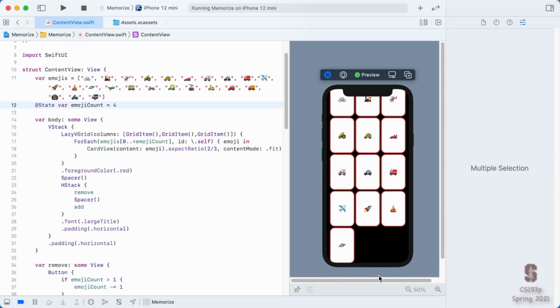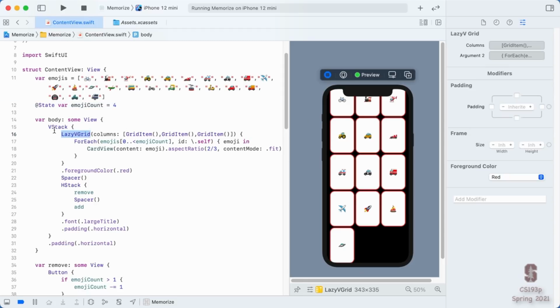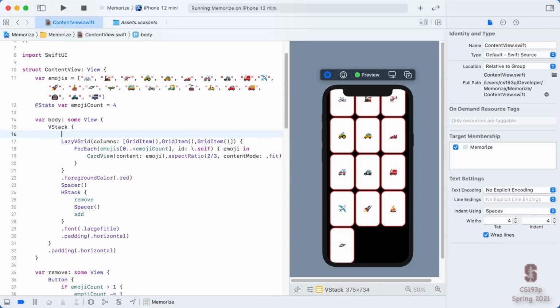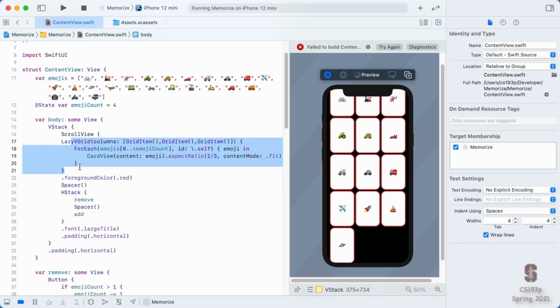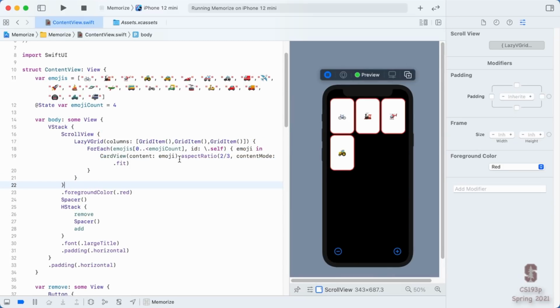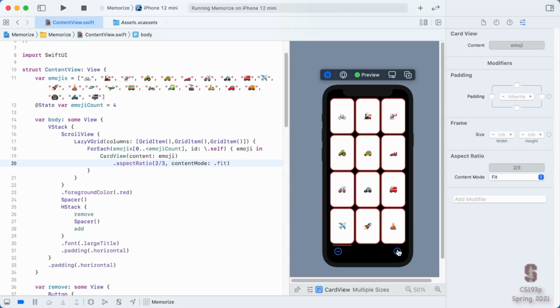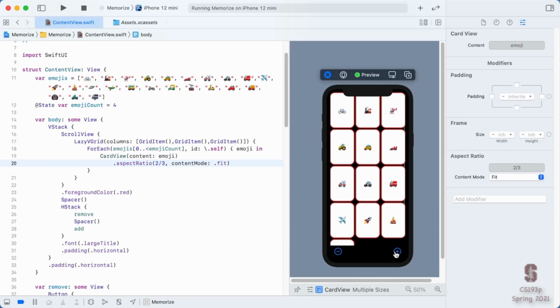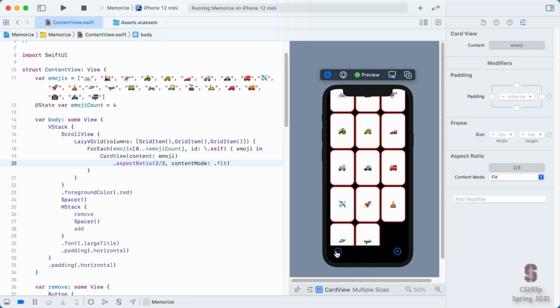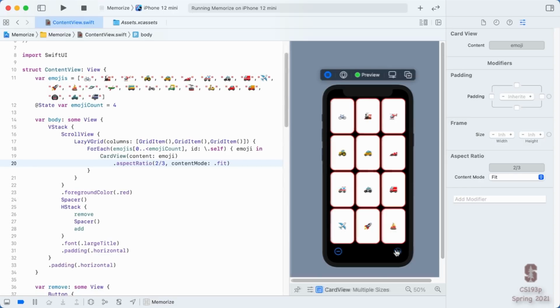So what do we do when we have a really big view like this that can expand and smash into other things? Well, we can put it in a scroll view. And a scroll view is just another view, kind of like HStack or Lazy V-Grid, that contains other views. So I just say scroll view, this in here, scroll view like that. Let's put this aspect ratio on another line so it's clearer. And now I have these 4 cards and they're in a scroll view, you see? So now if I hit plus, plus, plus, plus, it actually added the card down there. You see? Plus another card. And now we can remove and add as many cards as we want.